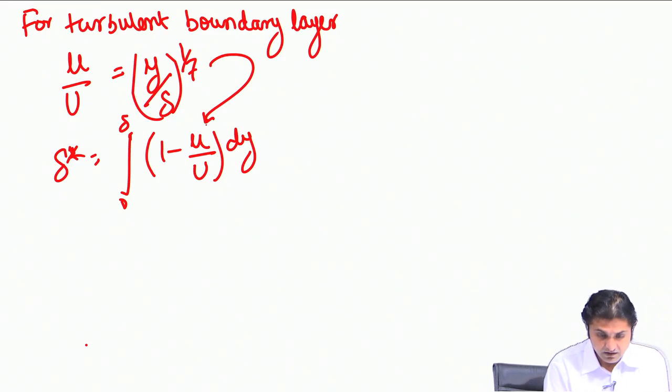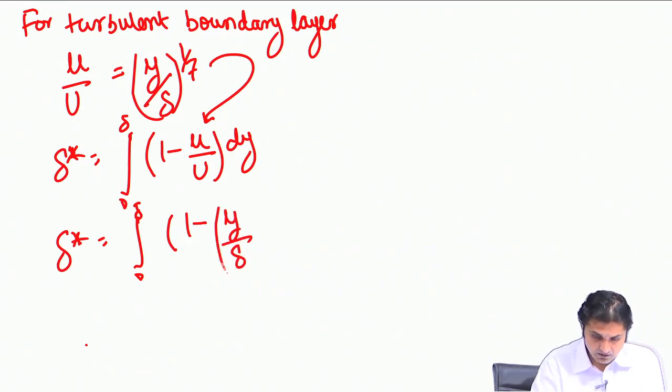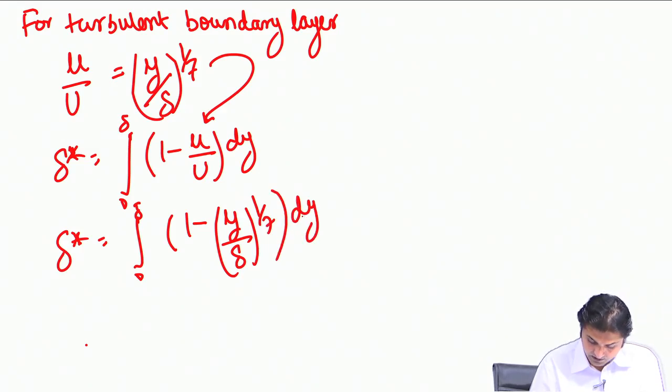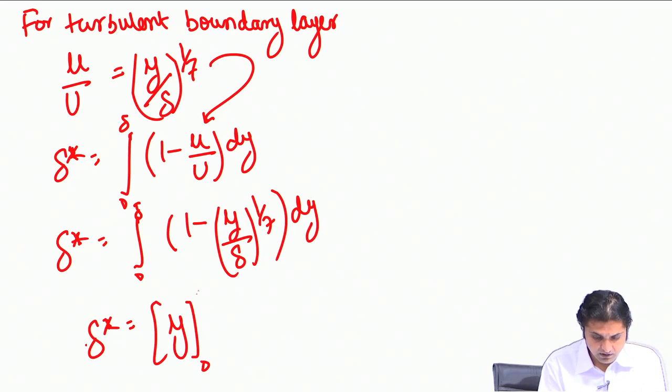And therefore, what we get is integral 0 to delta of 1 minus y by delta to the power 1 by 7 dy, or we get delta star as after integrating and putting the limit 0 to delta